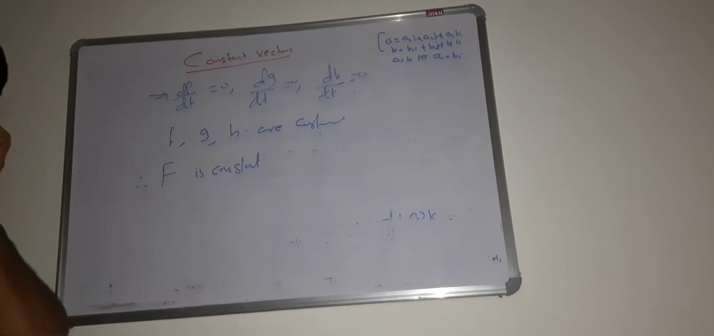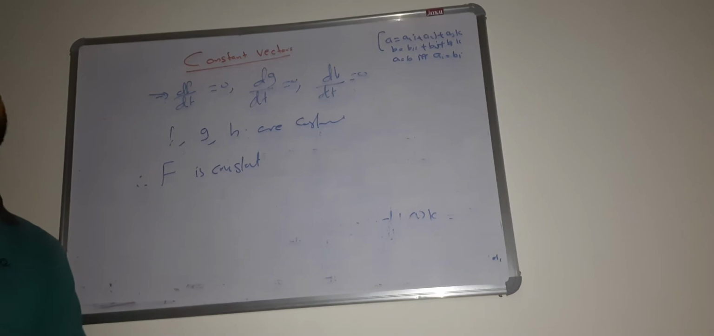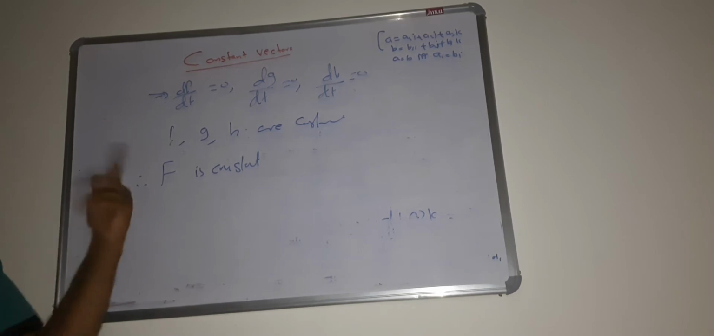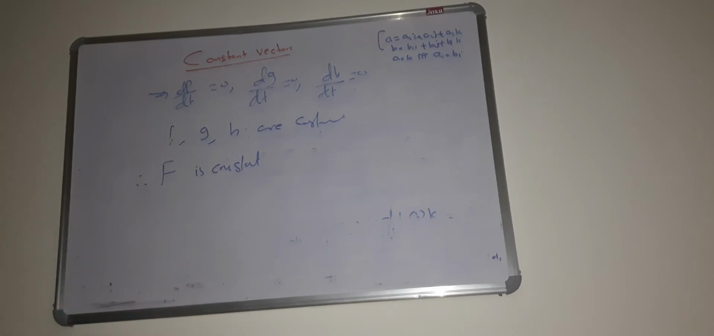Okay, now proof. df by dt equal to 0, when we suppose that, small f, small g, small h are constant. Okay, so capital F is constant. So the necessary and sufficient condition is proven. Next